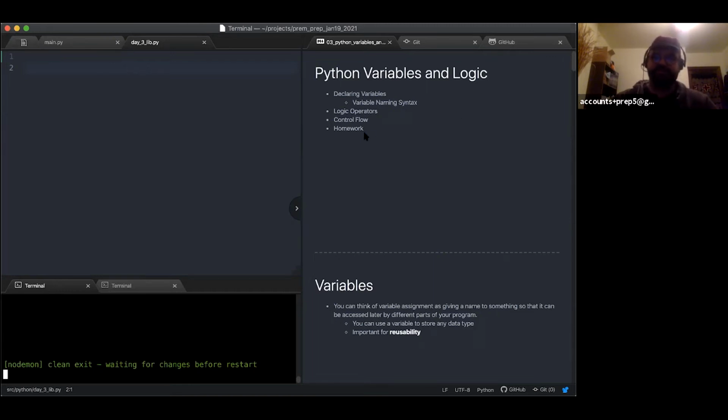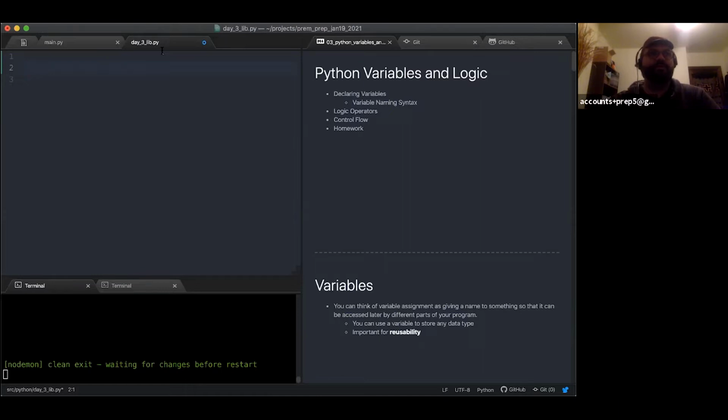Let's get started. So today we're going to be going over variables and getting into some conditional logic as well. So we talked about variables yesterday, I believe. Somebody brought up a point. I should have pulled in this example. There was some code given the other day